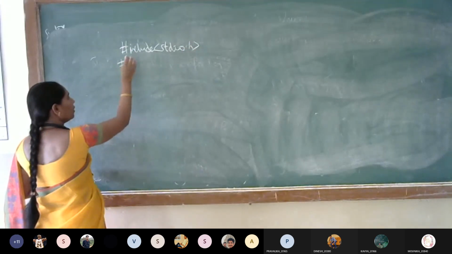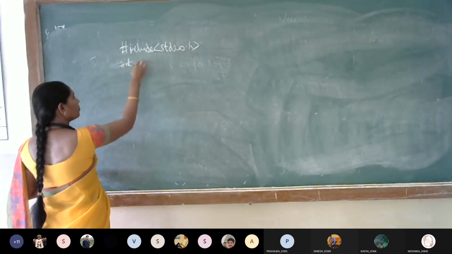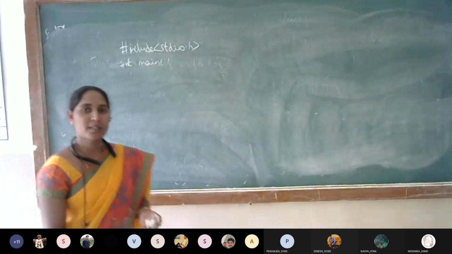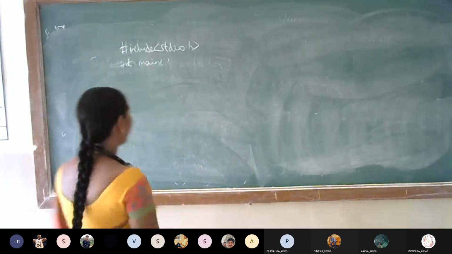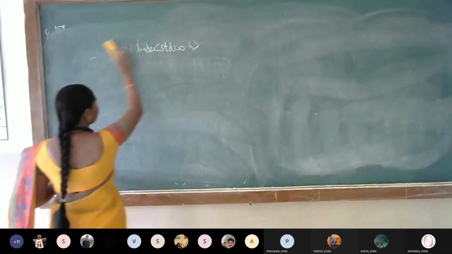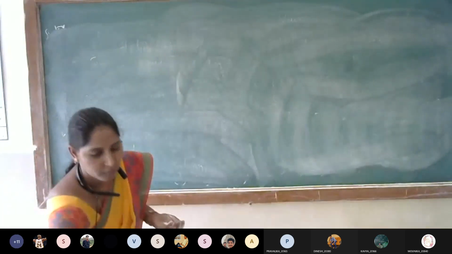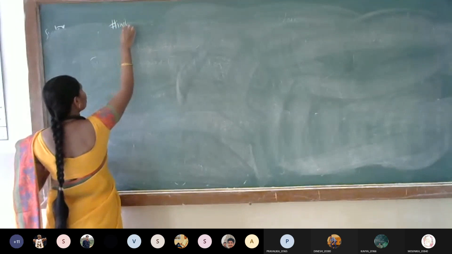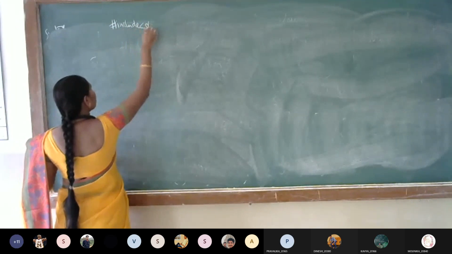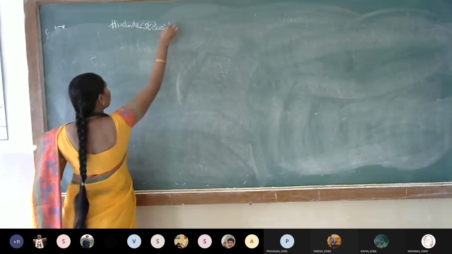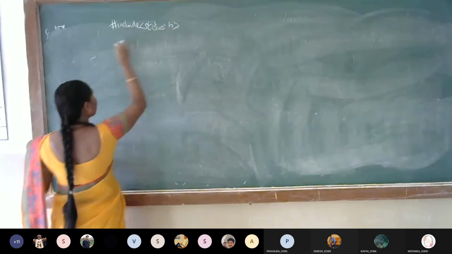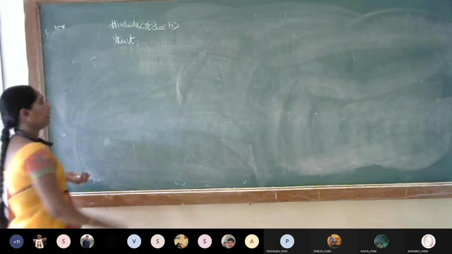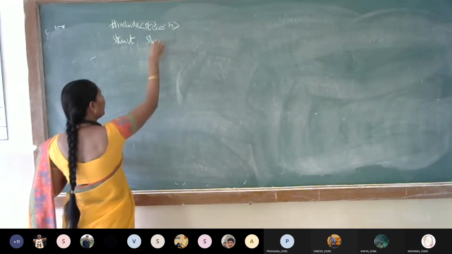Okay, then int main. Before going to int main, first here itself we will declare the structure variables. Okay, structure. For example, I am writing to display the student details. Okay, structure student